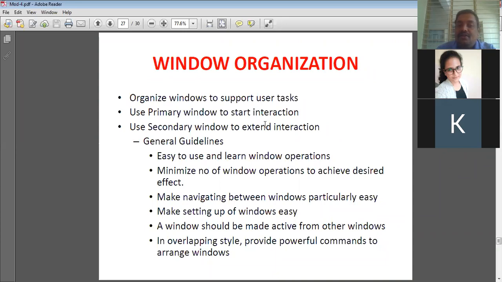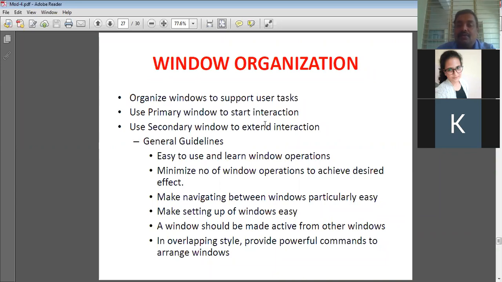Next, a window should be made active from other windows. Whatever windows we have, they should be made active from other windows. For example, there are n number of windows that have been opened. Whichever window you are using, whichever window you are operating, that should be in the active state. Next, for windows in an overlapping style, provide powerful commands to arrange windows. Whenever there is an overlap among the windows, the commands should be powerful.